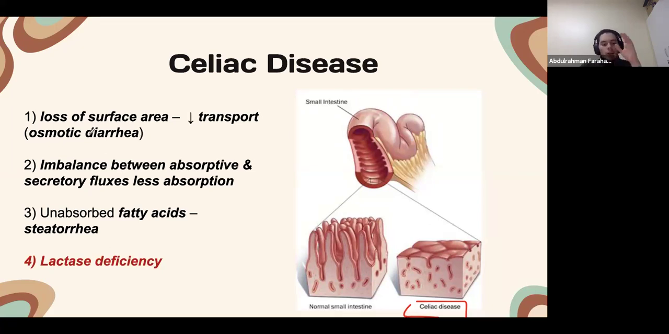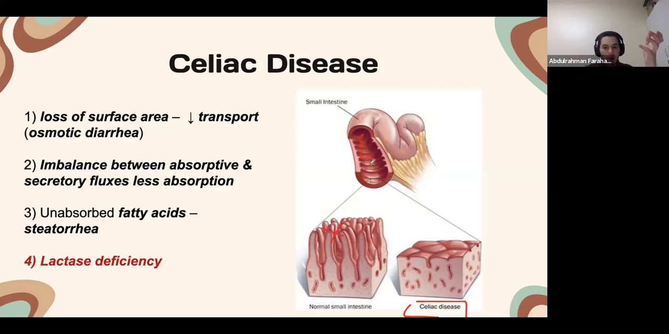Now, here there are certain symptoms that come concurrently with celiac disease. And if you think about it, it's pretty logical. So you'd have loss of surface area. The microvilli, which are important for the surface area, are no longer there. And now you're no longer absorbing any of the electrolytes, the glucose, or the various molecules found in the